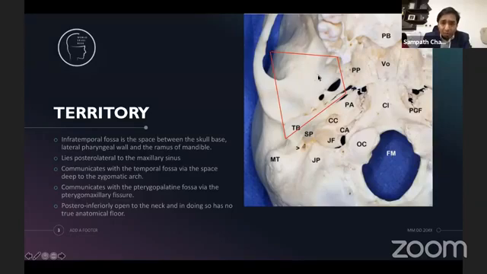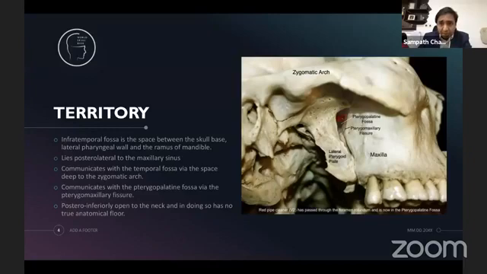And posterior inferiorly it opens into the neck. The infratemporal fossa continues as a parapharyngeal space, and an anatomical structure that demarcates the infratemporal fossa from the parapharyngeal space is the medial pterygoid muscle. So again, we're looking at this area now. The infratemporal fossa, again, you see this is the skull base here. Medially we have the lateral pharyngeal wall. The ascending ramus of the mandible has been removed to open up and show the space. The pterygomaxillary fissure, the pterygopalatine fossa, is where the infratemporal fossa communicates anteriorly, and then from there on we get into the nose, and inferiorly it opens down into the neck.